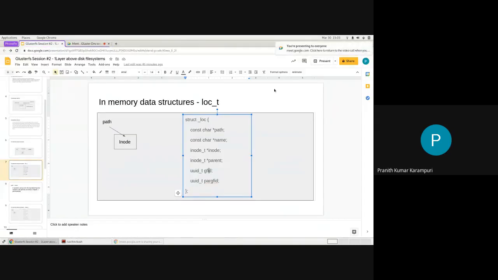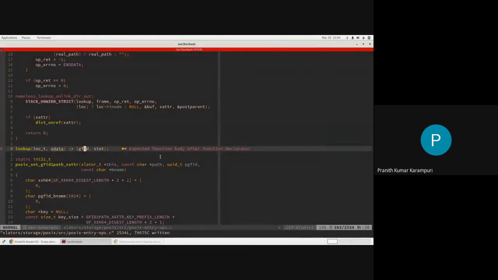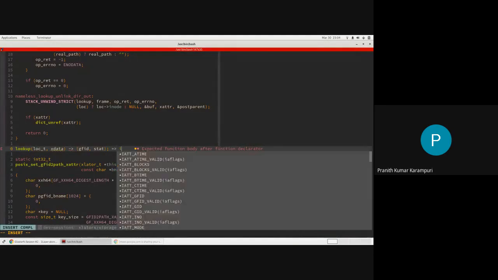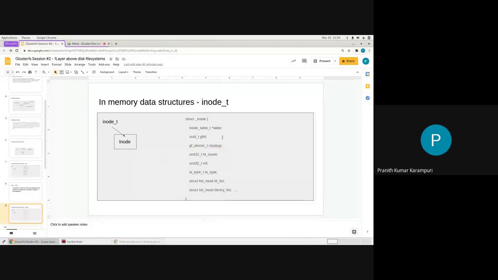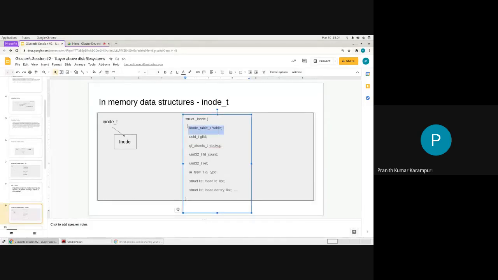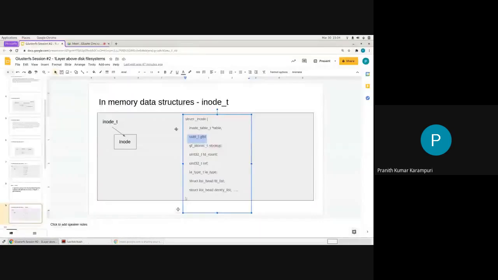So now let's look at this a bit in detail. Using this information, we can construct an inode. That is the purpose of this lookup. For now, forget about this table. The table is like the inode table, which has all the inodes that you have ever looked up that you want to keep in memory. You will keep that in this inode table. We can go into this data structure a bit later, not in this session. The GFID is something you already know, which lookup is giving you, so you can populate this one.